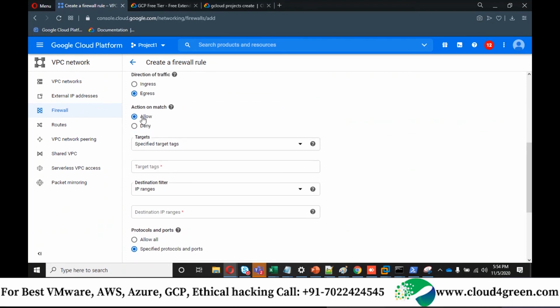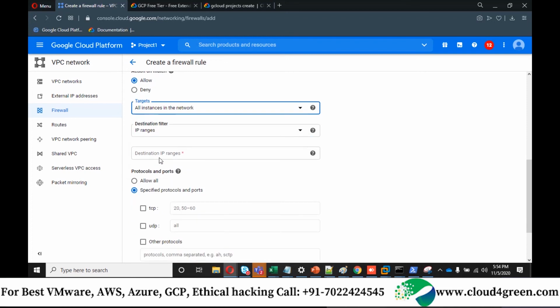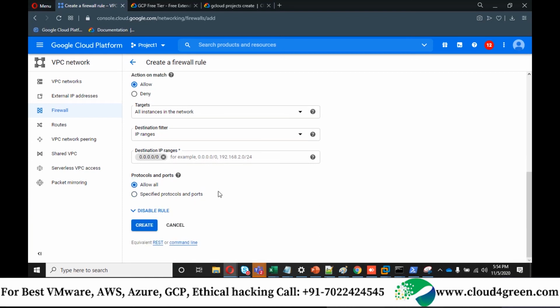Okay, and allow target is any IP in the world. I mean from that local network it can go to destination IP, any IP in the world again. Okay, and which are the external ports you need to connect to? So it can be any port in the world. Allow all and click on create.